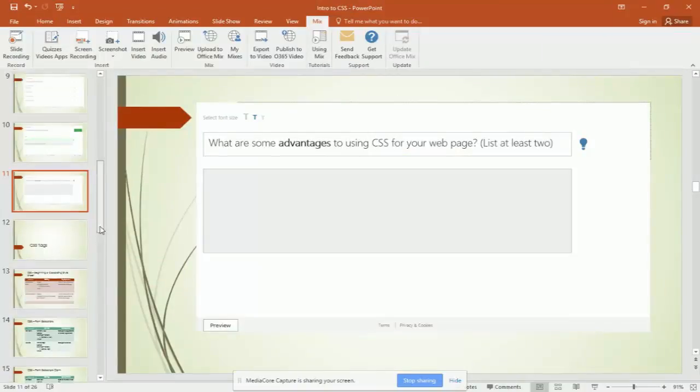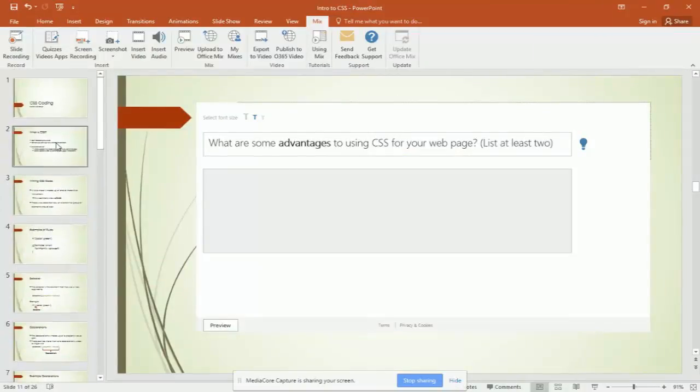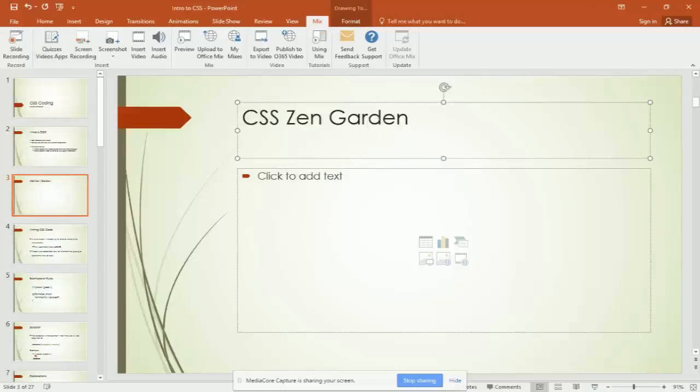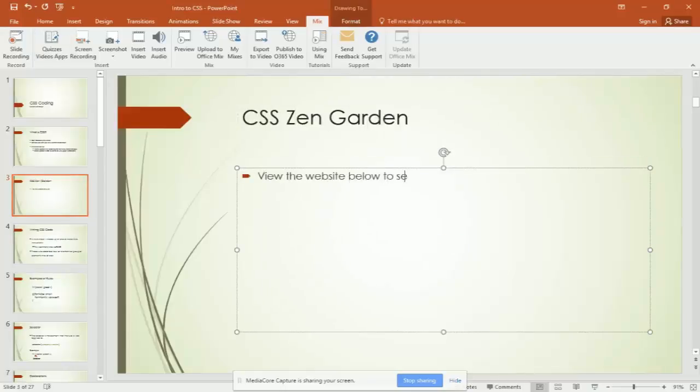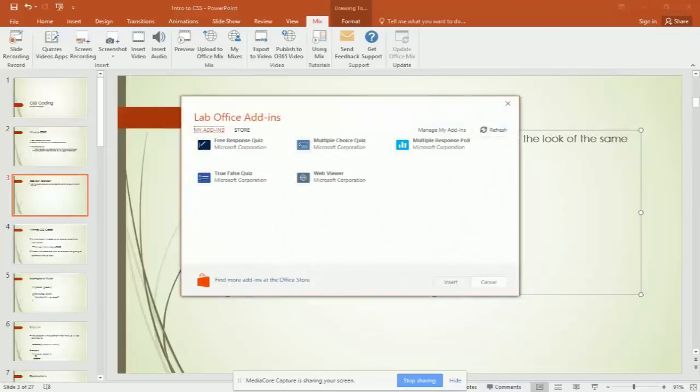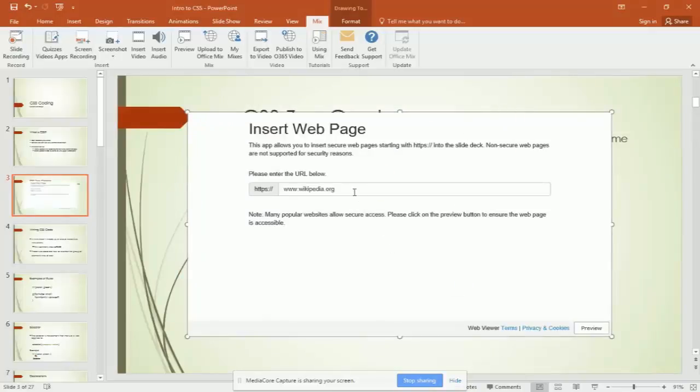Up here at the beginning, I've decided that I'd like to embed a website to give a little demonstration of what CSS code looks like. I'm putting in instructions and also a title on the page. Then inserting a web page is under the quizzes, and it's called Web Viewer. In the Web Viewer, put in the page that you want to view